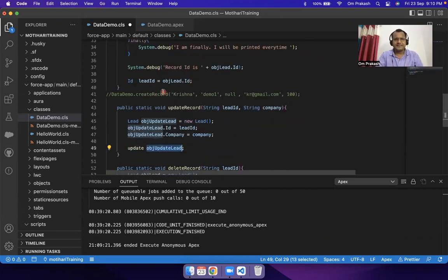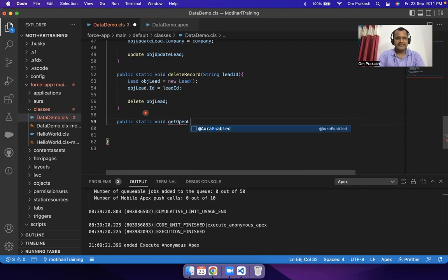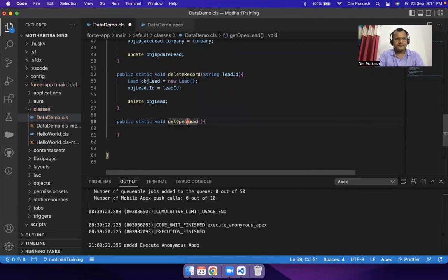Let me go forward with something called get record from Salesforce. Okay, so I'm creating a method, public static void get open lead. Or as of now, let's make it get all lead. Here I will write the logic to get all the lead records. For this,